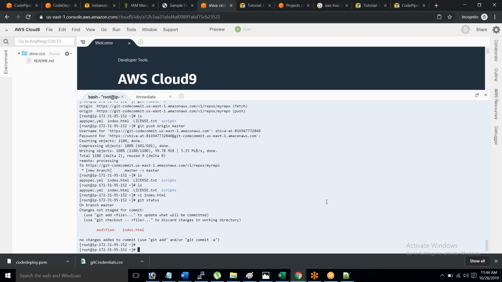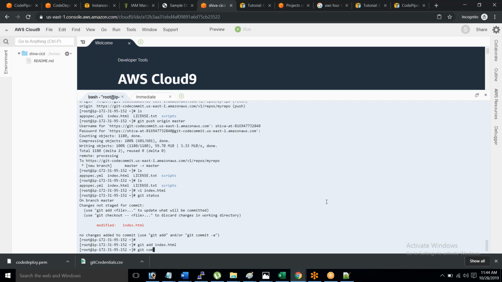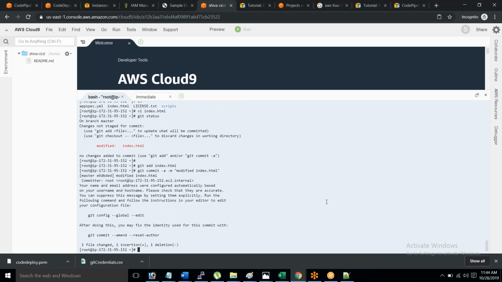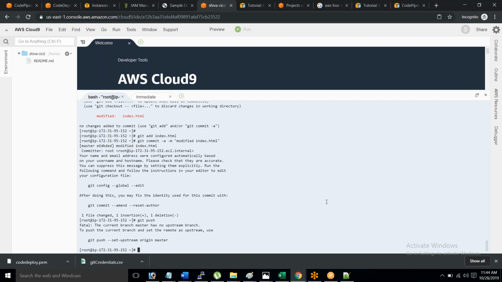There is one file modified, and say git add index.html, git commit -a -m modified index.html. Then finally, git push. Okay, git push